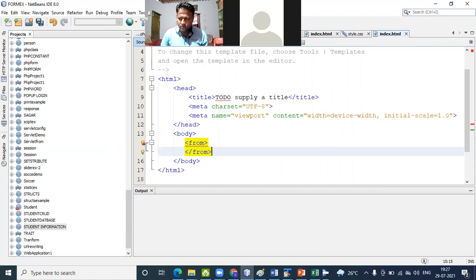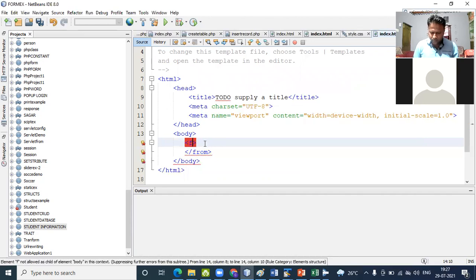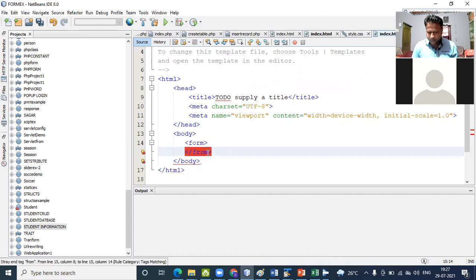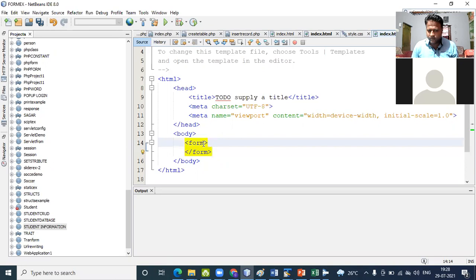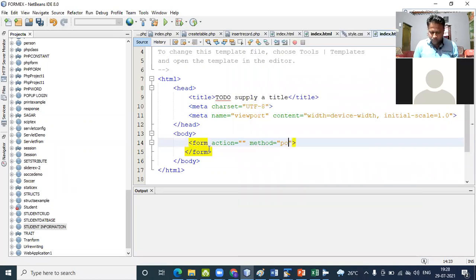So I'm giving a form tag. Form action means where you evaluate, and method is post. So two types of method that we are passing.